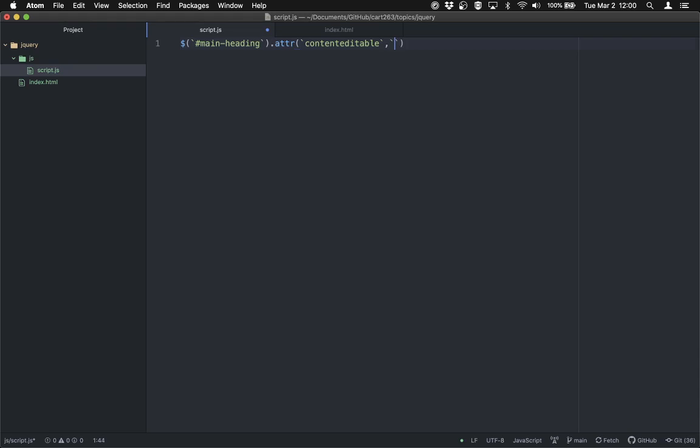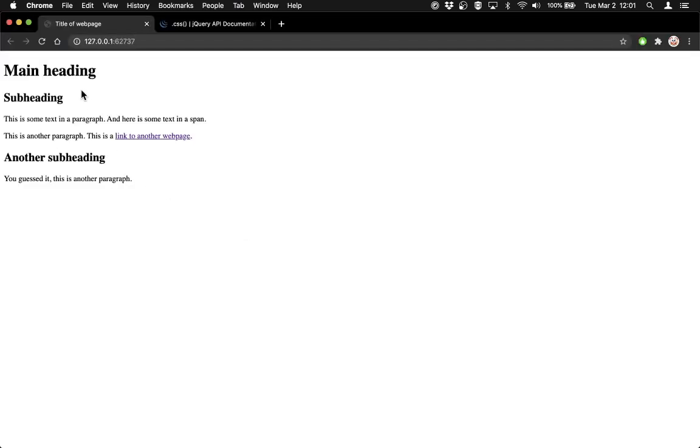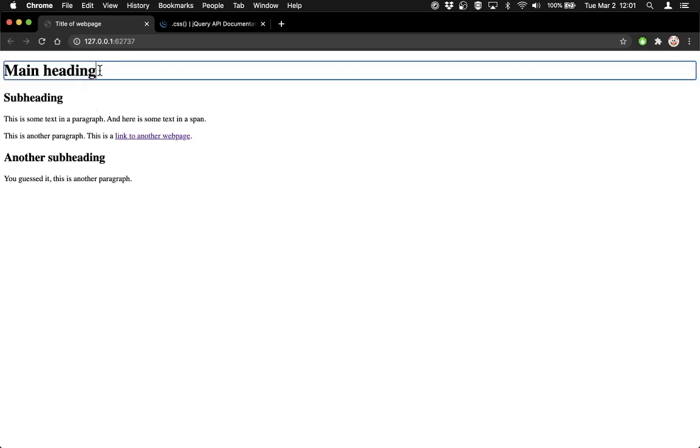And what do I want to set it to? I want to set it to true, because that way it will be content editable. So this is saying select the main heading, which is the h1 tag on the page, and set its attribute of contenteditable to true. What happens? Nothing. But if I click on the main heading,